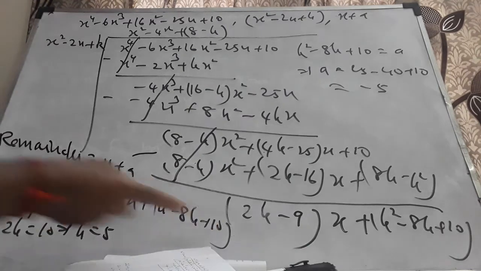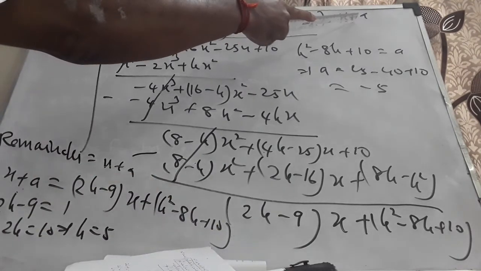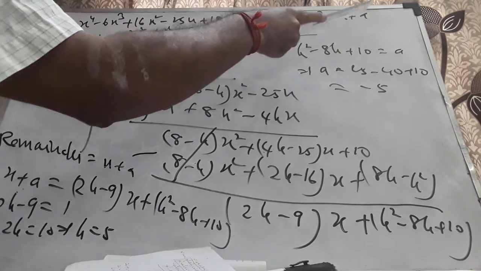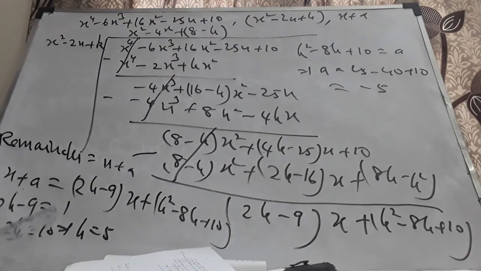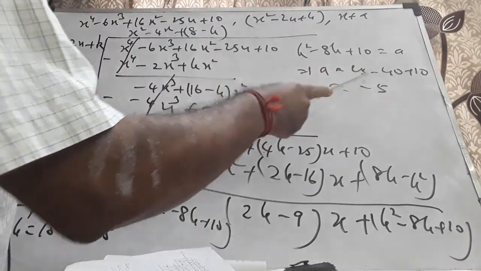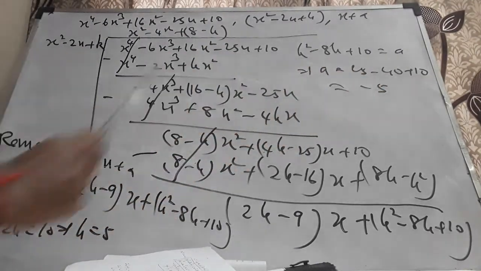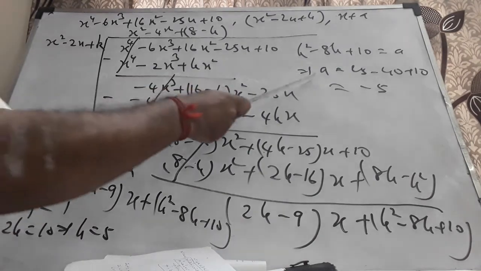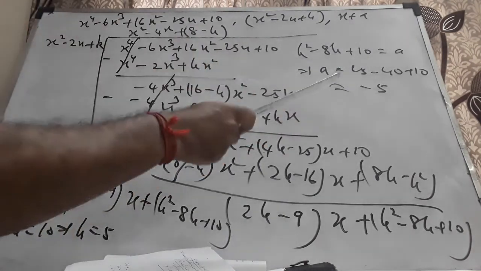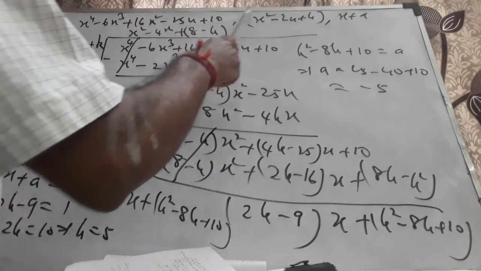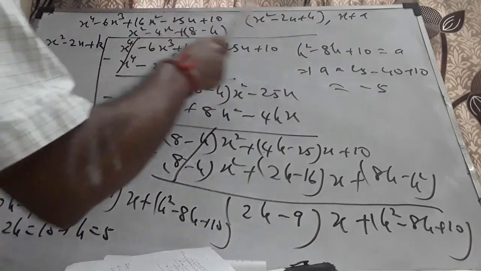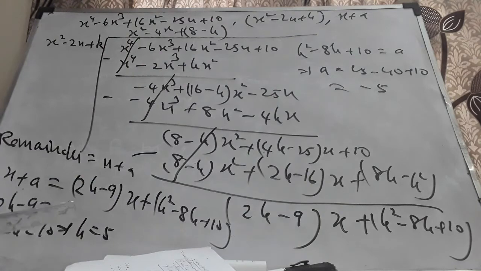Okay, now this is equated to x plus a, that is what is given. Remainder happens to be x plus a. Now 2k minus 9 is 1, 2k is 10, k becomes 5. K square minus 8k plus 10 becomes a, that is my constant term. Replace every k by 5. 25 minus 40 plus 10, 35 minus 40 is minus 5, sorry. Now k gets reduced to 5, a gets reduced to minus 5. When k is 5 and a is minus 5, when this is divided by this, I'll get x plus a to be the remainder. That is the real meaning of it.